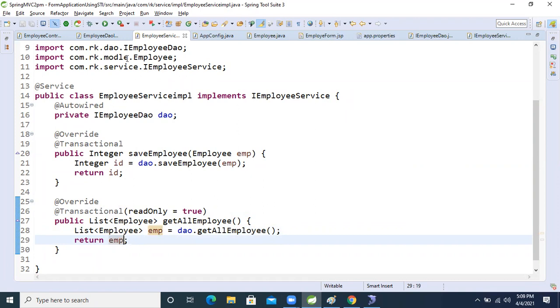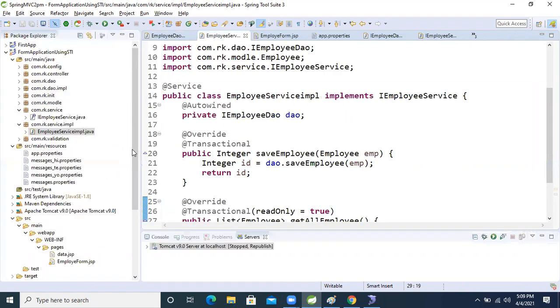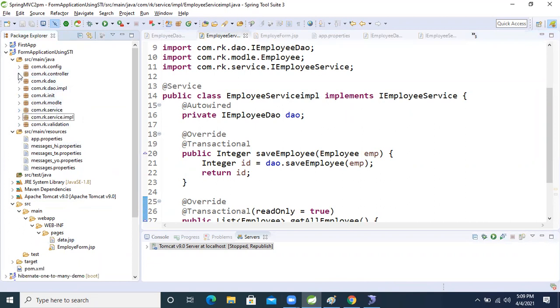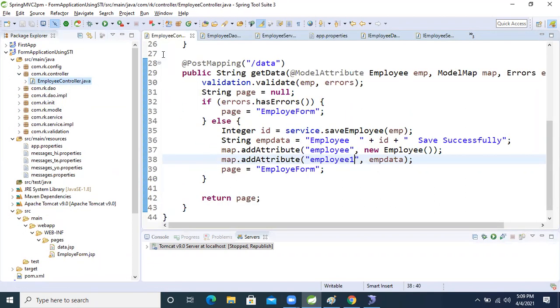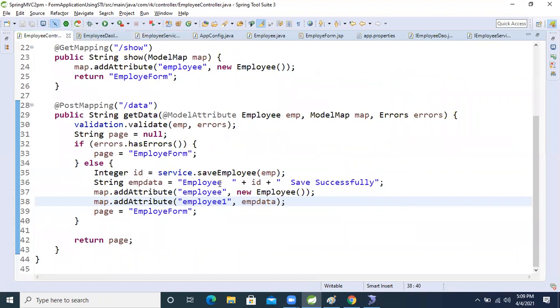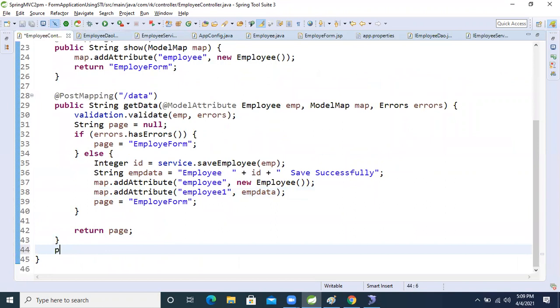For that, let's come to our controller, for this JSP. Whenever we make the request, we need to write the logic inside the controller. I opened the controller class. So let's write one more controller, another controller. We will make public